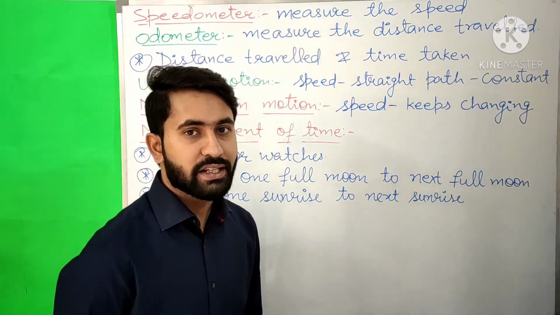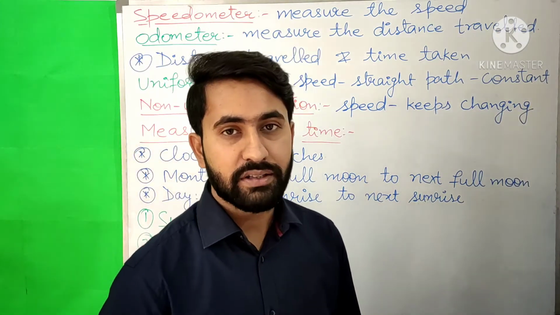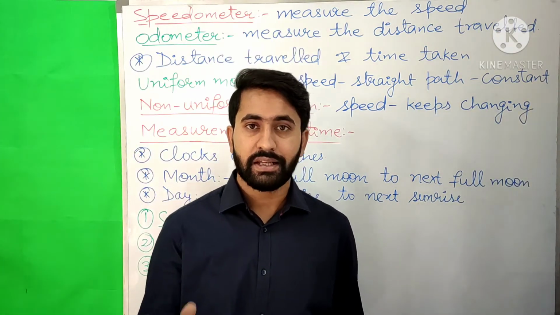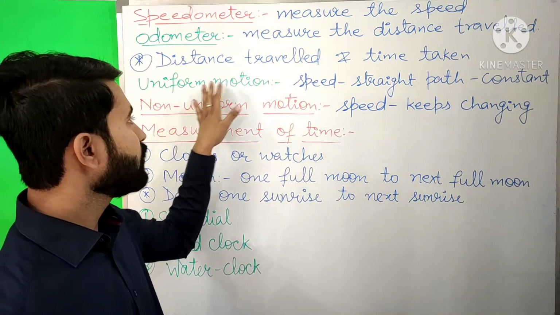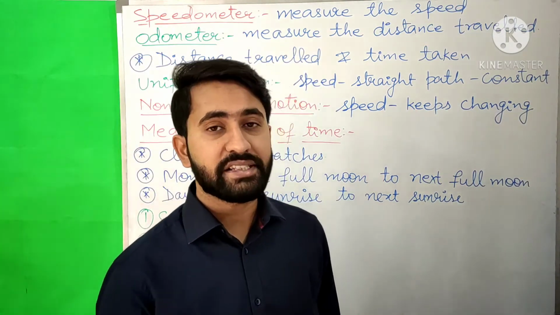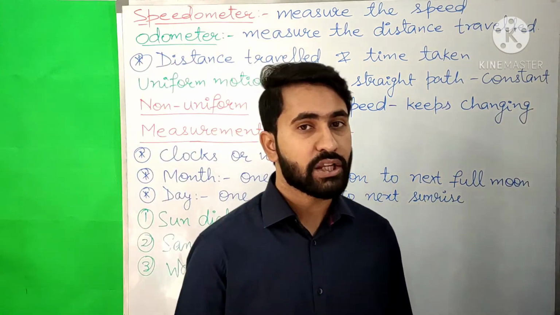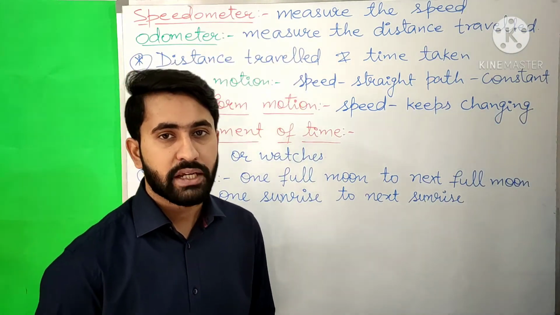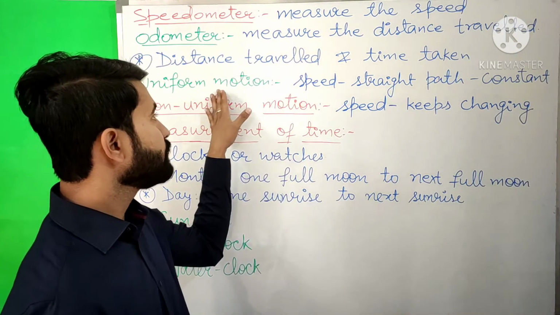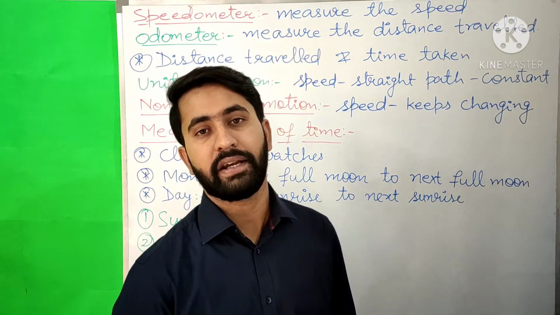If an object is having a uniform motion, then it travels equal distances in equal intervals of time. In case of uniform motion, the average speed of the object is equal to its actual speed. We rarely find any object that travels with uniform motion in daily life for a long period of time.